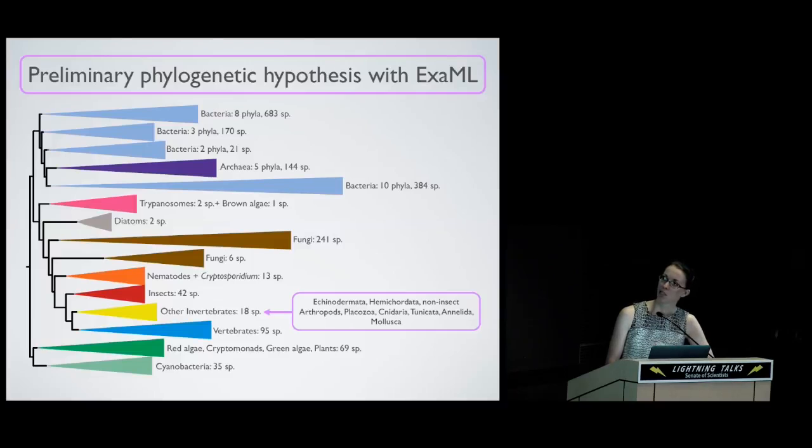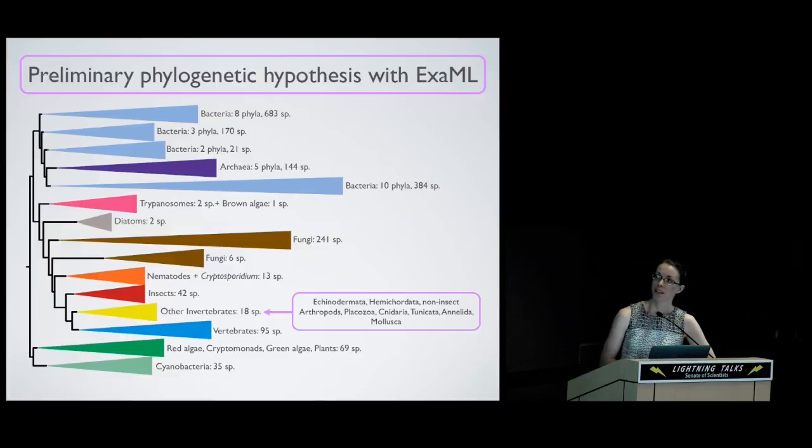I was surprised by the number of fungal genomes there were, and so it's not monophyletic, but there are only 6 that are outliers. You'll see there are some strange things. Trypanosomes and brown algae, I don't really know where those should go. There are very few protist genomes, so this is a problem. I think this tree helps point out where the problem areas are. So protists is a big one.